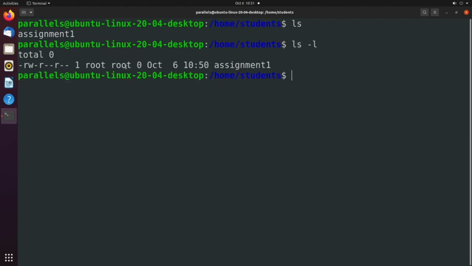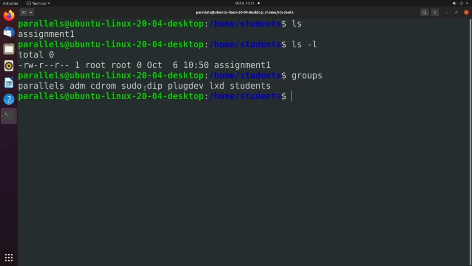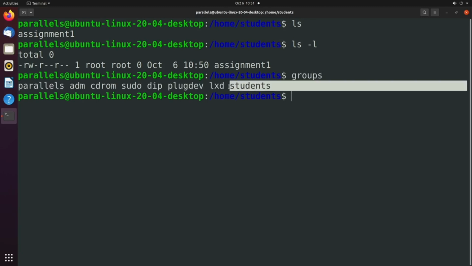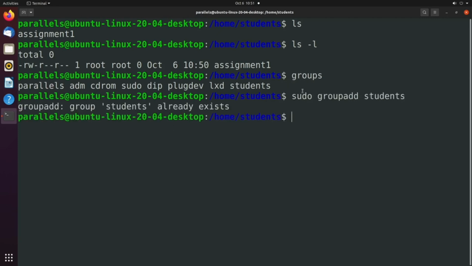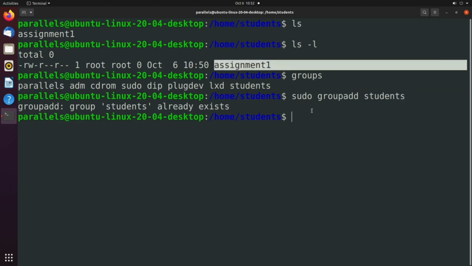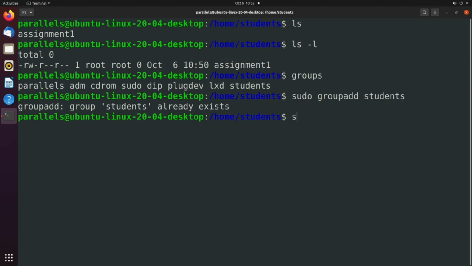Well, we might want to change this group from root to something else, such as students, which we created a group of students earlier, which we added to this user students. But if you need to create a group, you can say sudo groupadd students, and that'll get you that group. So to assign this students group as the group owner for this file assignment1, what we would do is we will say sudo